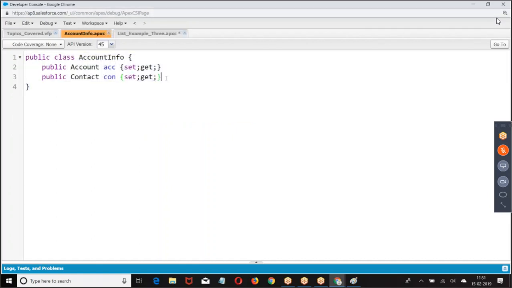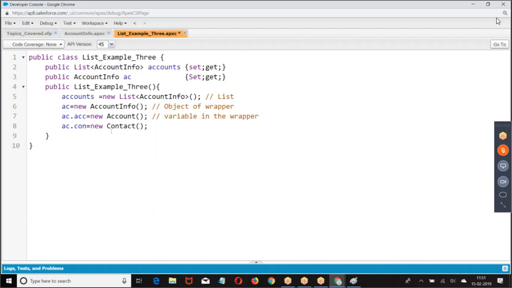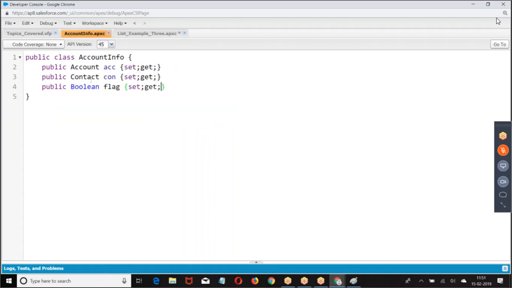Suppose if I have something like this, public boolean, then no need to assign the value here. I will not assign AC. Okay, AC dot flag equal to true or false. It is a primitive. If it is a primitive, I can take it straight away. But this ACC is not primitive. If I want to use this, what should I do? ACC equal to new account. Or else, to reduce the burden, I can also do it like this. Account info.